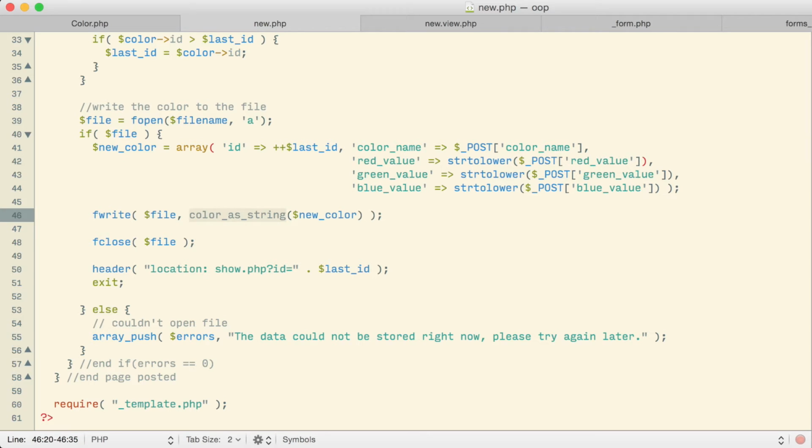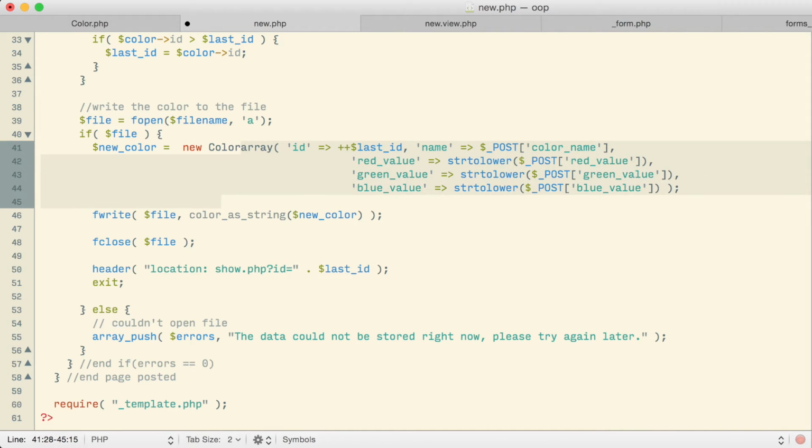Now there's another little problem. We've gotten rid of that function. Why don't we take our new color here, which is an associative array, just like we need it to be. The only little difference being that I'm not calling color name anymore. Now I'm just calling it name. We could take that array and we could use that to actually create a new color object. So what if I say new color is a new color?